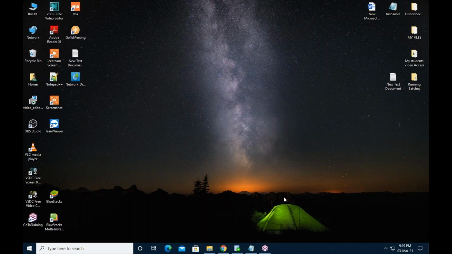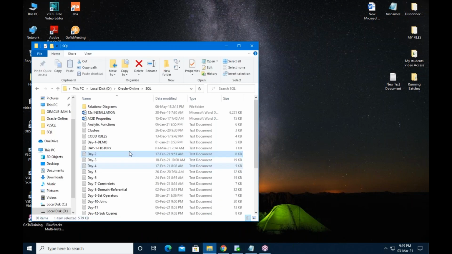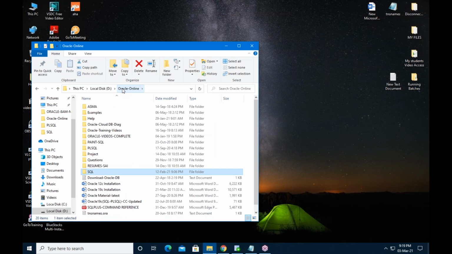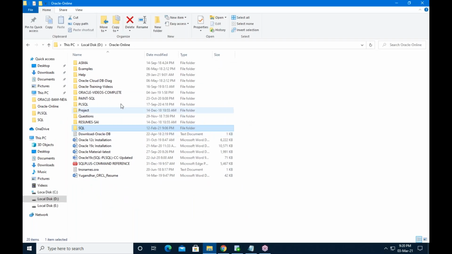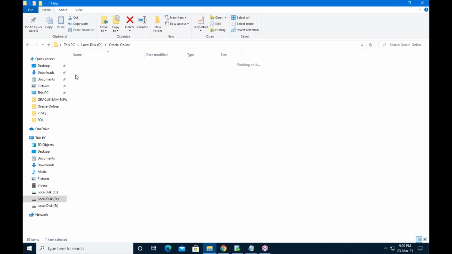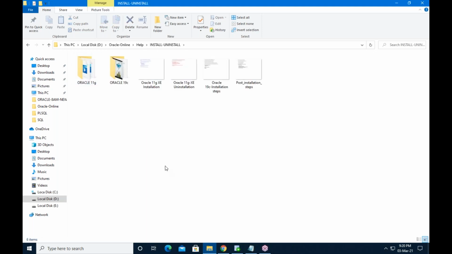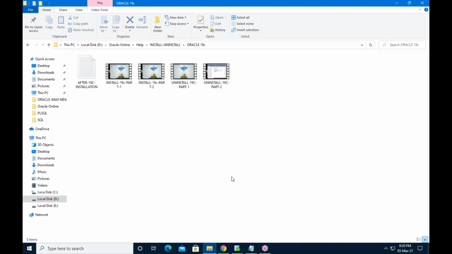Before installation, you need to follow some steps. After installation also, you need to follow some steps. Each and every point you have to follow. Don't miss any point. If you miss any point, your installation may fail. If your installation fails, it is complicated to uninstall it.